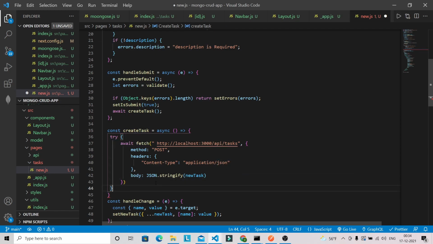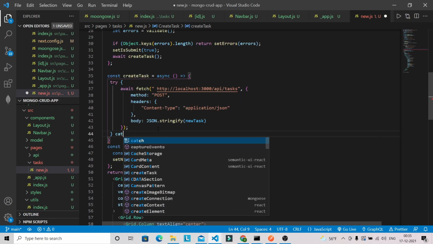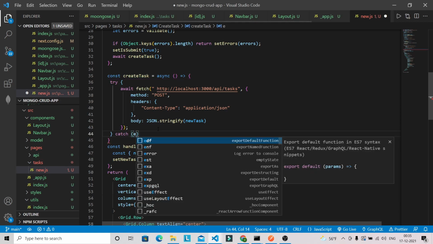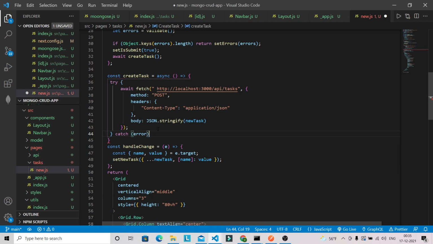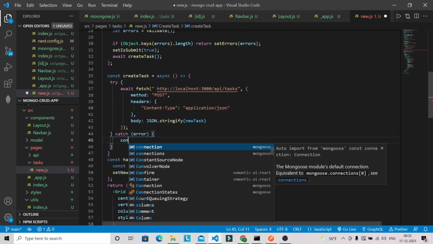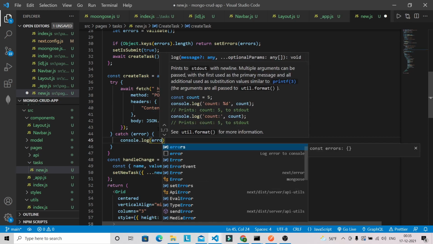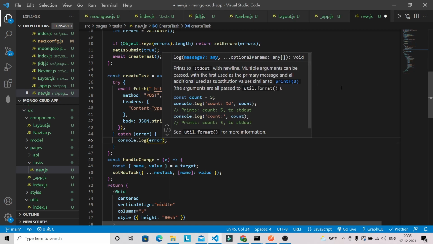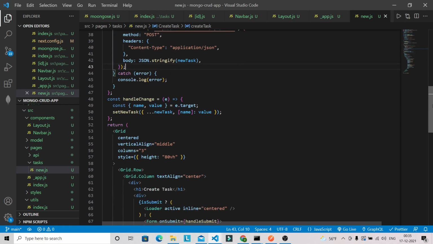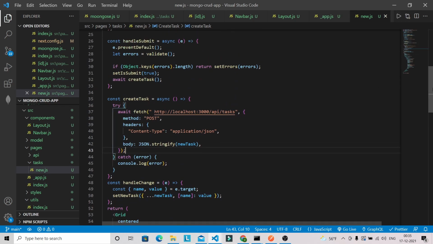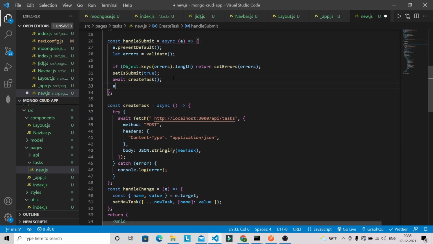Now we can have error as well. We are going to have catch. So in case of error we are going to handle it inside this catch block. I'm just putting a console log only. And after submitting we want to navigate towards the home page, so we can use here await push.